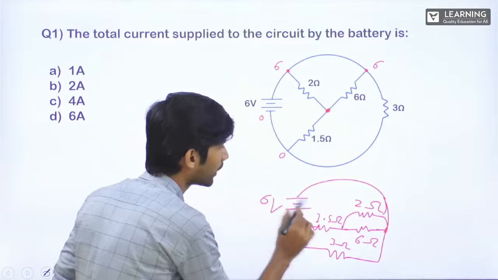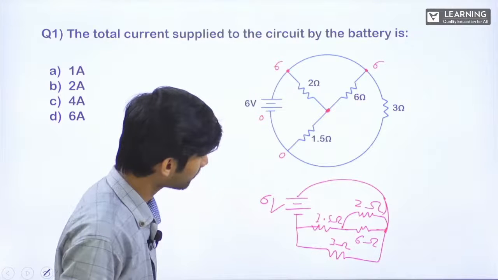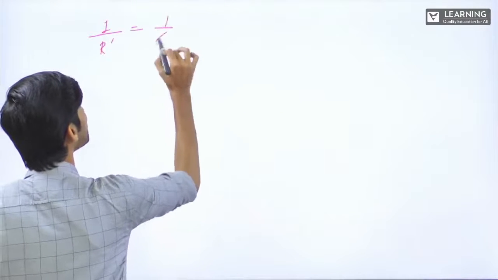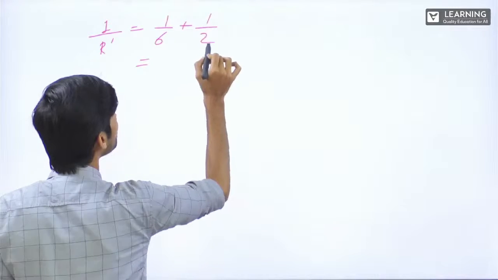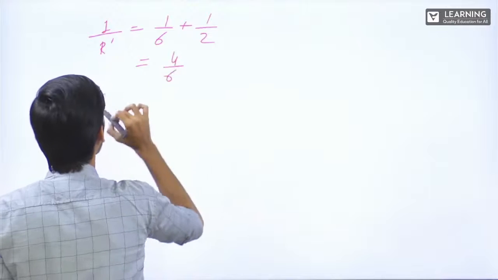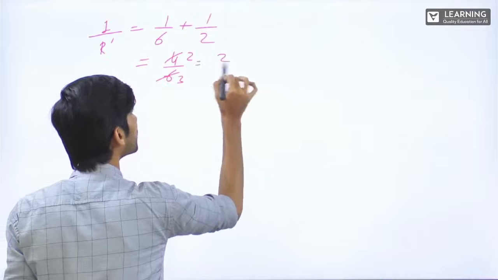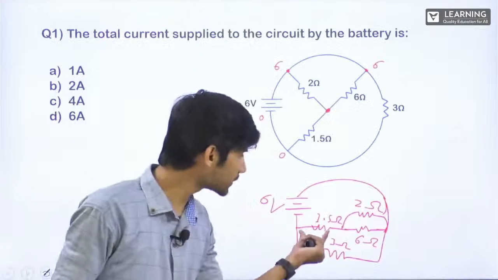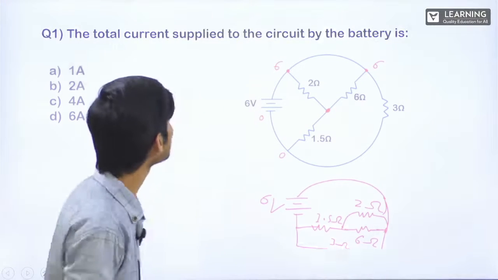Now these 2 I can solve. These 2 if I solve, this will be 1 by 6 plus 1 by 2. Just check. 1 upon R dash is equal to 1 by 6 plus 1 by 2. That is 1 by 6 plus 3 by 6, 4 by 6. R dash is equal to 6 by 4, that is 3 by 2 ohm, correct? So now this is also 3 by 2, 1.5. This is also 3 by 2. The equivalent here. So this circuit will be,